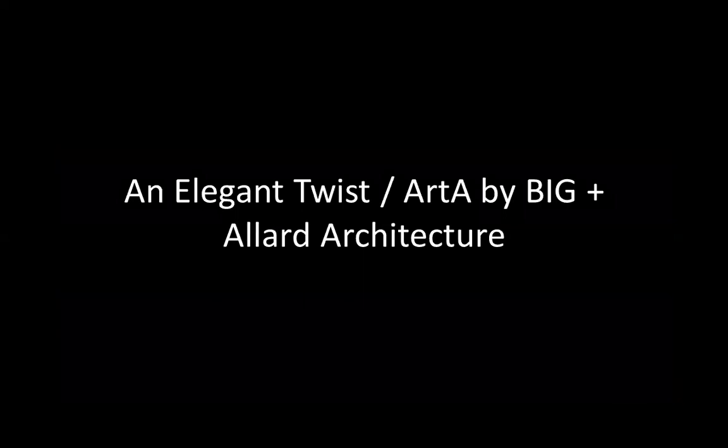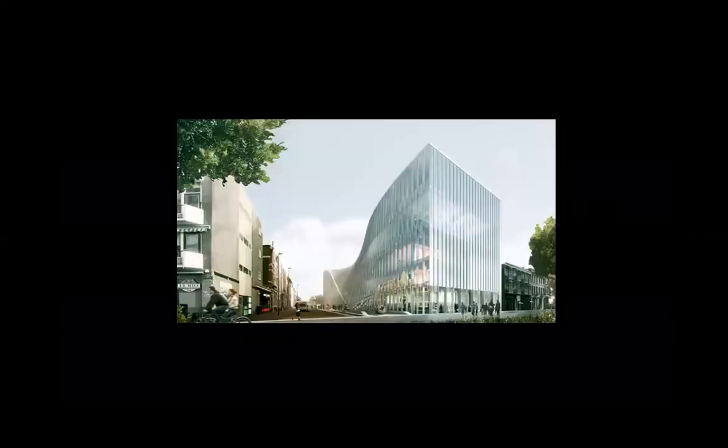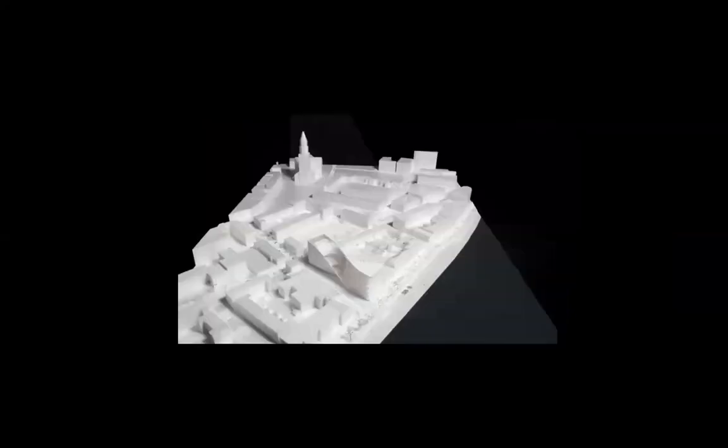An elegant twist, art by Big and Allard architecture. It's another twisted building. In a project, of course, Big employs twisting rather often, and we are going to see also the Twist Museum that he built in Norway. Sorry about this